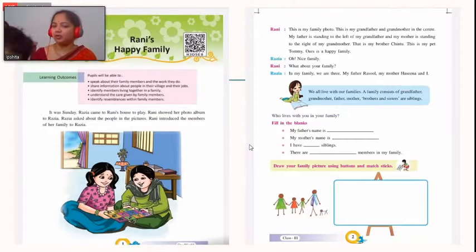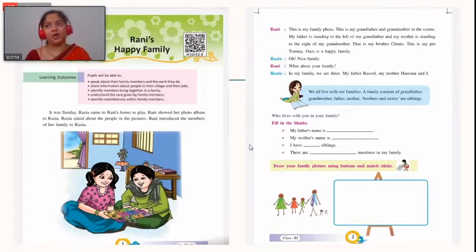Now I'm going to give you 5 minutes. You have to talk to each other and you have to discuss: do you like the position that you have in your family? Yes or no, and why? If you say yes, I like my position, you have to say why. If you say no, then you have to say why you don't like. I like my position in my family because I get to help you.